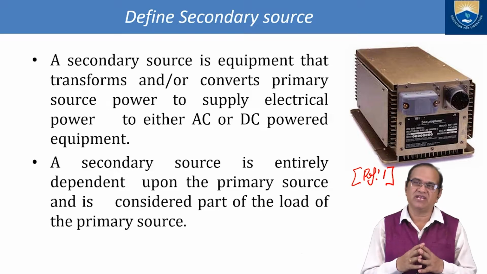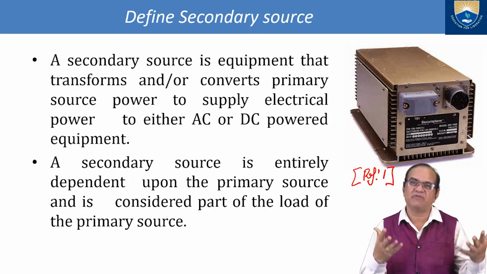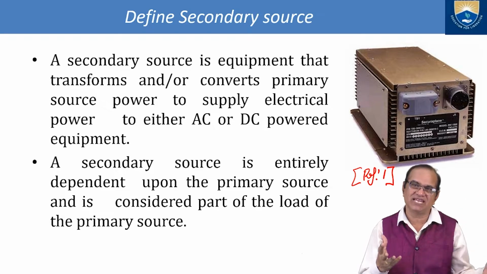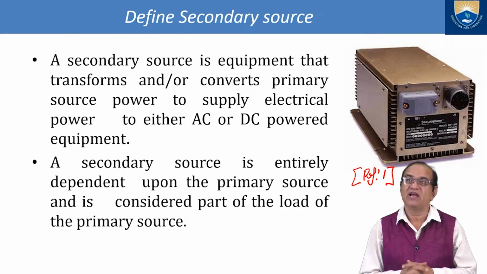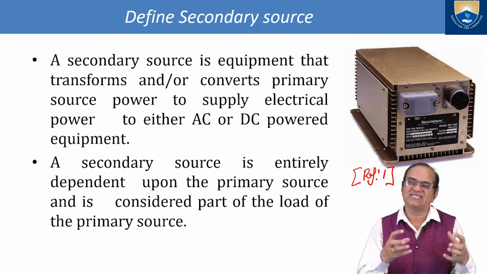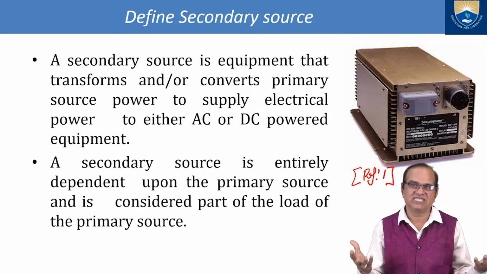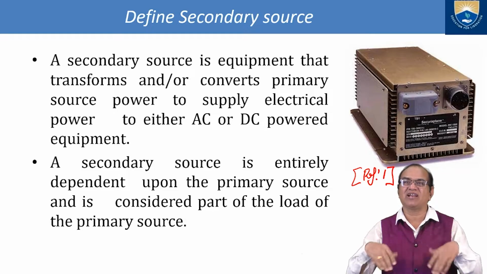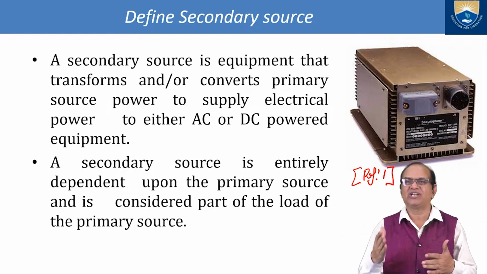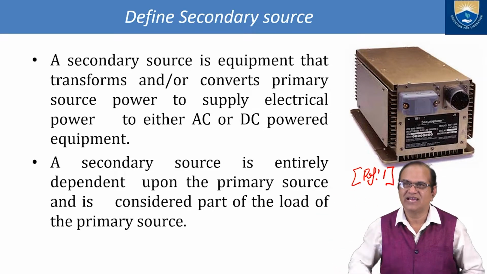But the primary is not taking electrical power. It is taking some heat power or some rotation from mechanical power, and this mechanical power is converted to electrical power. But the secondary one takes the power from the main source, which may be AC or DC power equipment, or the AC and DC generator. From there, they will take the power and convert it. They will change the voltage and other things as per the requirement,